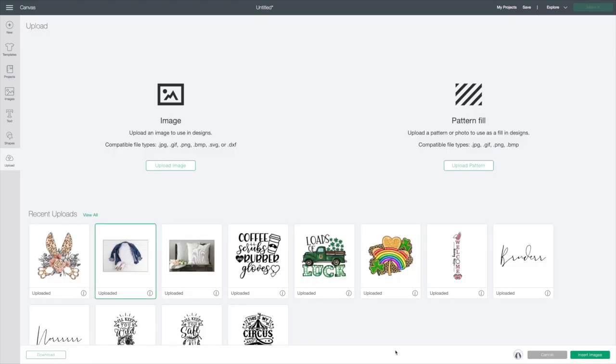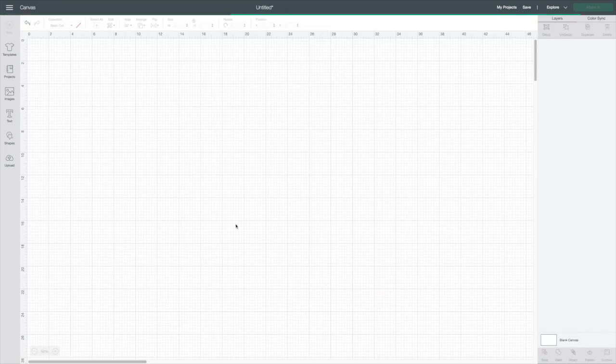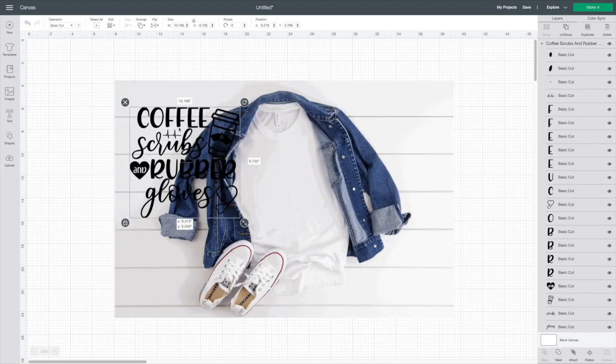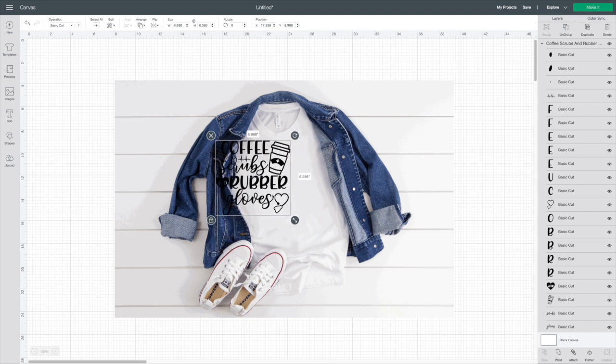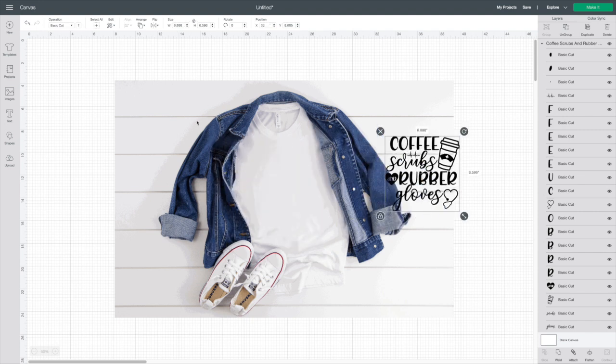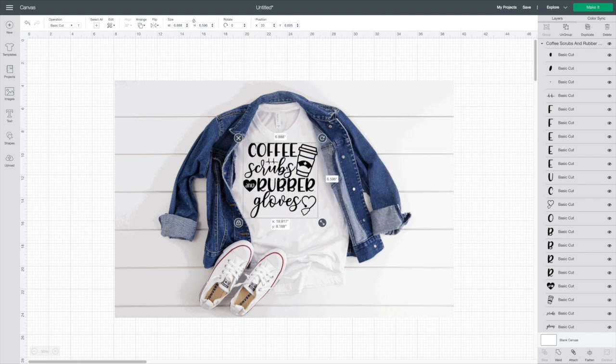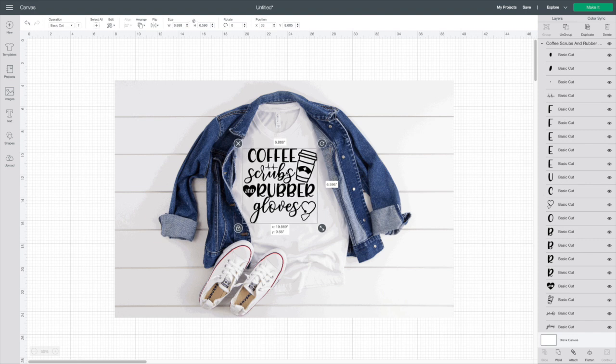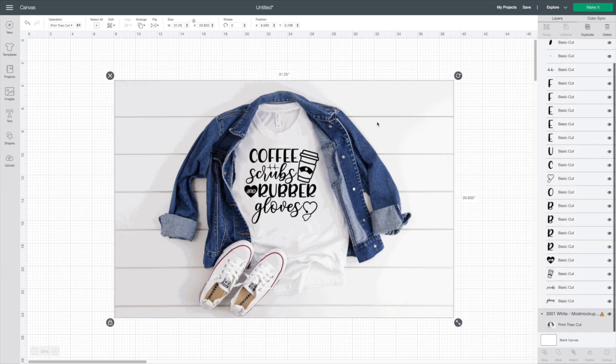And I'm going to bring in this t-shirt here, as well as, let's see, this is an SVG. So this was a PNG. Now we're going to do an SVG. So I'm going to do this one right here, insert image. I'm going to go ahead and size this down. Now, once again, I want you to notice, you see this graininess that's going on here. You can see a little bit on the t-shirt. That's not going to show up on our final product. So I'm going to just line this up just like so.